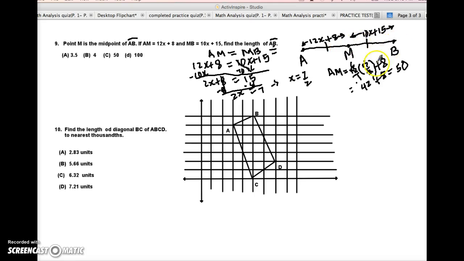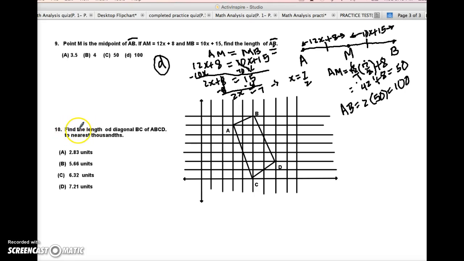So from A to B, it's going to be 2 times 50, which is 100. Now we have the answer. The answer is option D. All right. And finally, for the problems, we have